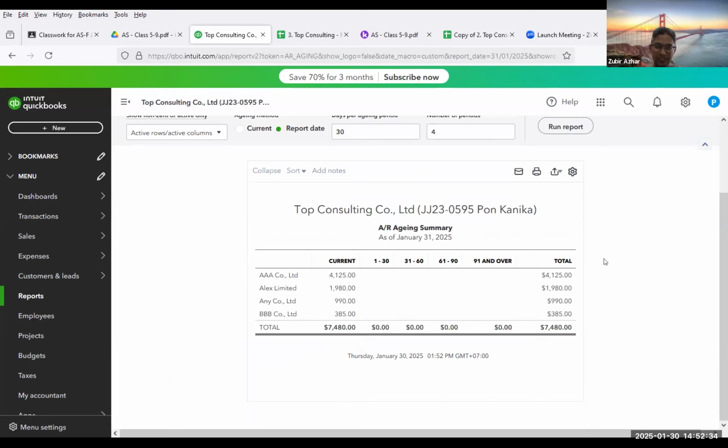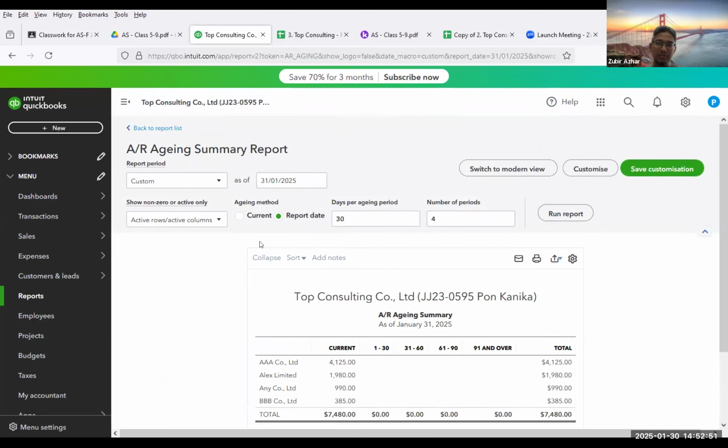So that's why you have this aging summary of your accounts receivable. So these are all your clients or customers who got your services, but they have not paid you. Great. Now let's go back to the report list.